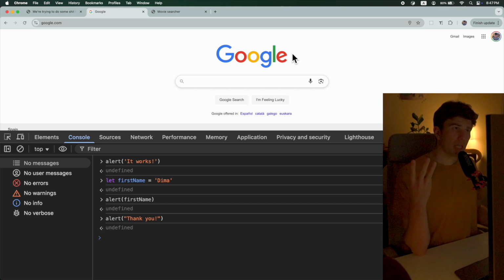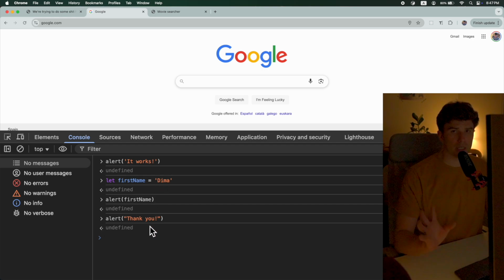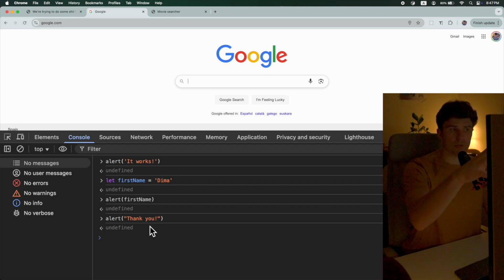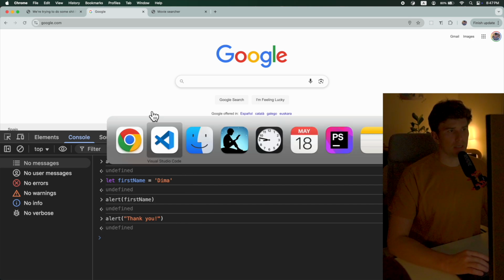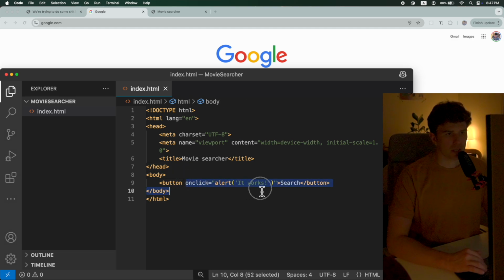And valuable thing number three, which is actually the things that I tried here. So I tried displaying alert a couple of times. Then I tried to do some math in the console, and that didn't work. After that, we created this web page, and I also tried doing a couple things here, and this onclick,